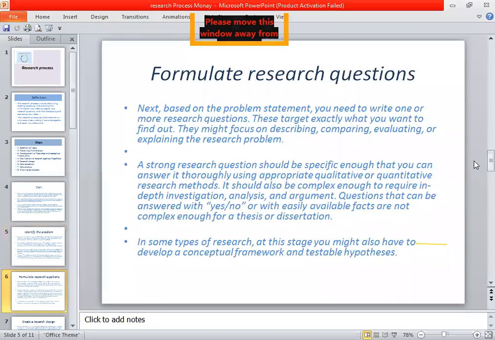ये हमने कर लिया। अब हमने फार्मुलेट करने हैं रिसर्च क्वेश्चंस। आपने जब एक दफा रिसर्च प्रॉब्लम लिया, आपने रिसर्च प्रॉब्लम को एक्सप्लेन कर दिया, आफ्टर एक्सप्लेनिंग योर रिसर्च प्रॉब्लम, नाउ व्हाट यू हैव टू डू, यू हैव टू चेंज दैट रिसर्च प्रॉब्लम इन रिसर्च क्वेश्चंस।